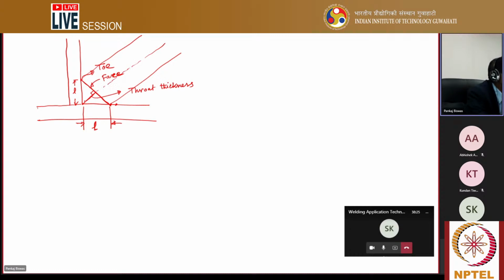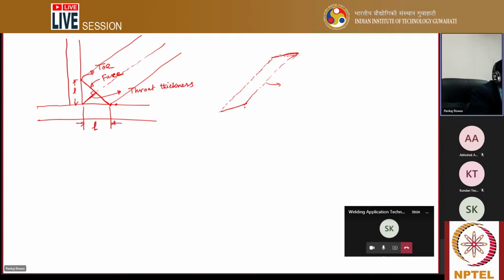So you see this weld, if you do it for a particular distance, then you see this throat cross section you will get, it will be like this. It will be actually a cross-sectional area. So you can see here, this is a parallelogram type of shape, or you can say this is a rectangular type of area. So this rectangular area,